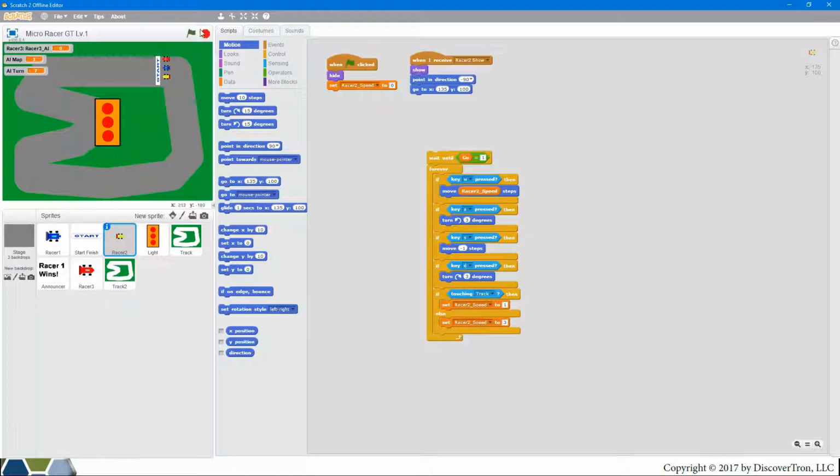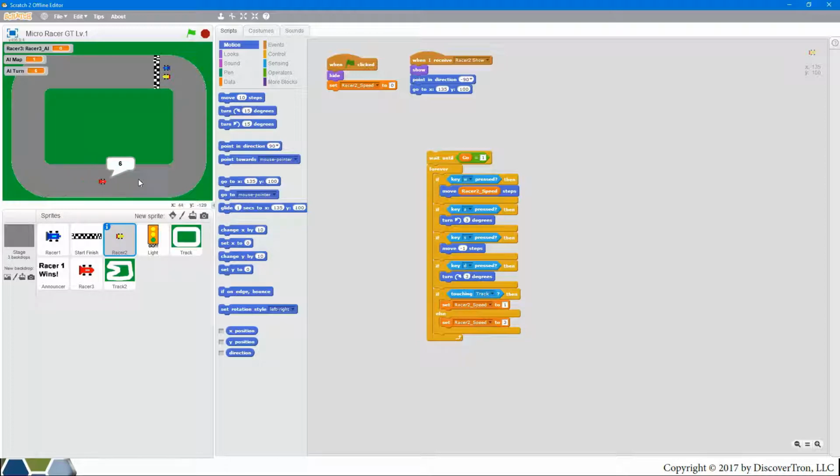Okay, you probably noticed something going on. Let's start this again. The red car, let's watch this one. When it's moving forward, you'll notice it's saying something. It's saying 1, 2, 3, 4, 5, 6, 7, 8, 9, 10, 11, 12. Okay, what we're doing is we're putting these signals to come out of the car by using the say block,